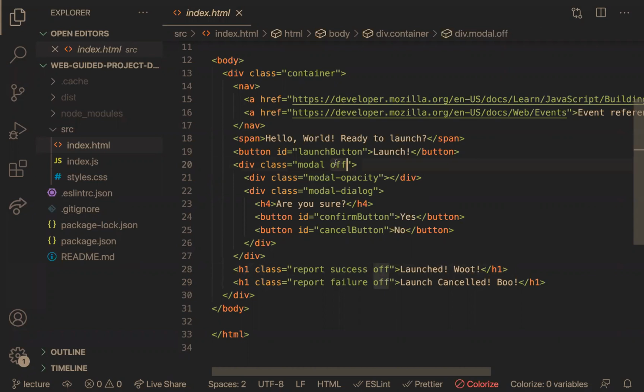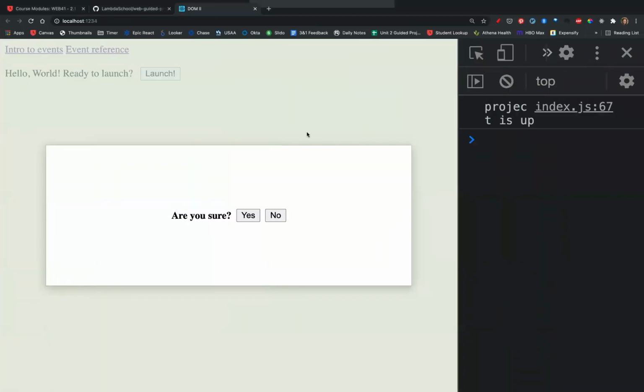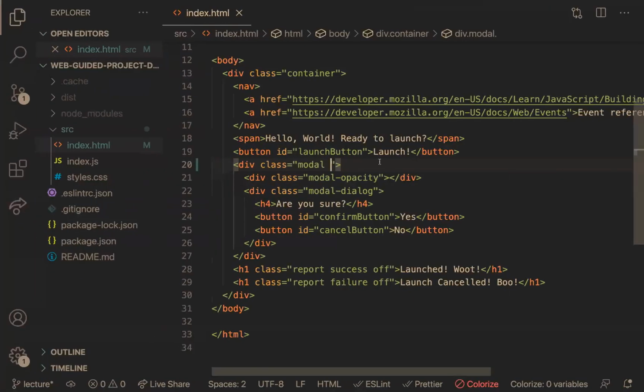Okay, so let's see. If we actually delete this one on line 20, I'm going to delete it. I'm going to save it. Now let's come back here, and as you can see, we are now actually revealing this bit of the HTML. So as you can see, whether or not this is visible, whether or not we can see this modal is entirely determined by this off class name. And so I'll put that one back for the moment, but let's remove these two